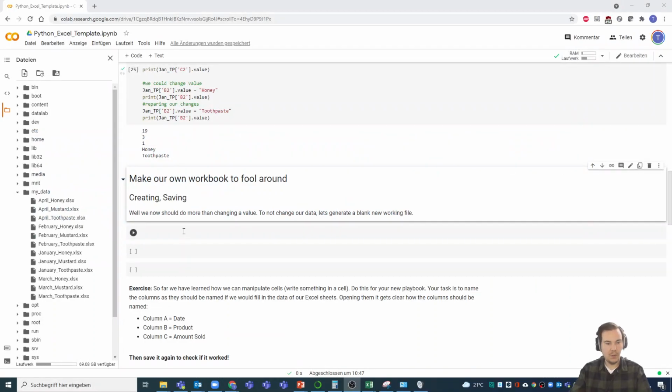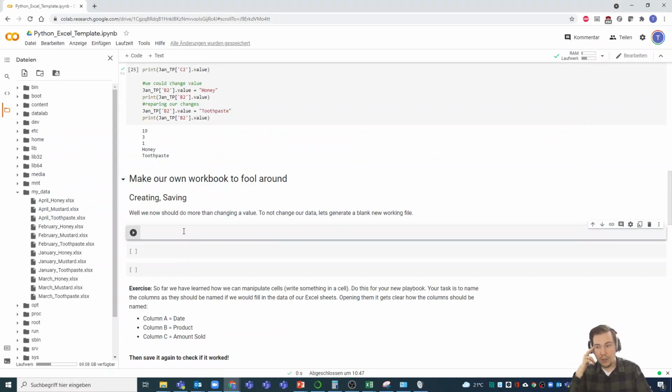Okay, so let's start. We already know how to manipulate cells and stuff like that. Now the question is, how do we store it? Or in other words, for example, we could create whole new Excel files as well. So let's start with that, so that we have something to fool around with, a blank Excel file where we can do more stuff, and then we just save it, and then we can download it and look if our changes and fooling around actually affected an